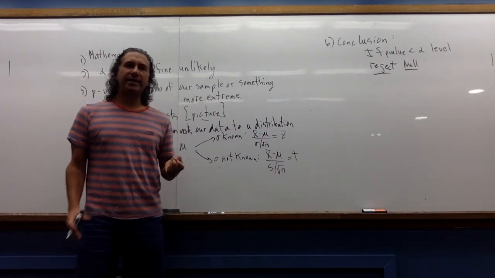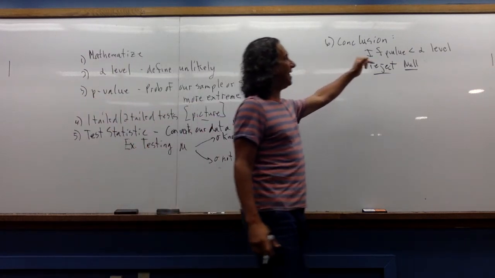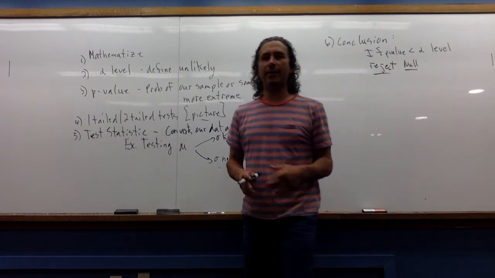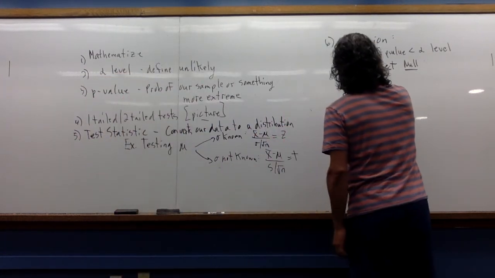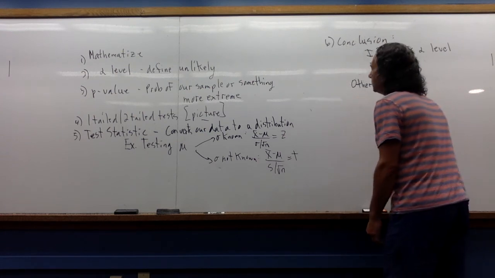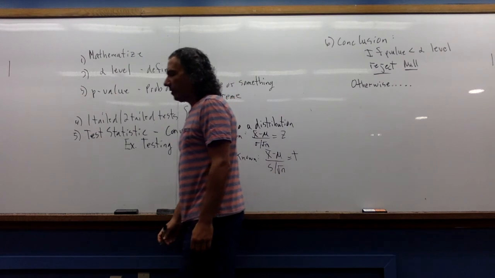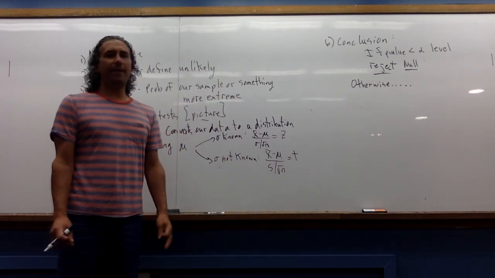The alpha level is the cutoff level for what we consider to be unlikely. So if we get something less than that, we're going to reject the null hypothesis. Otherwise, if we don't reject the null hypothesis,